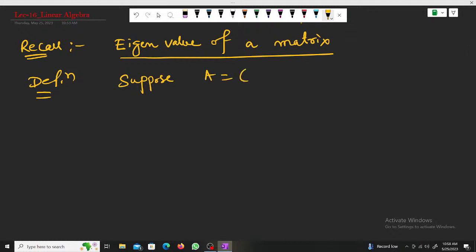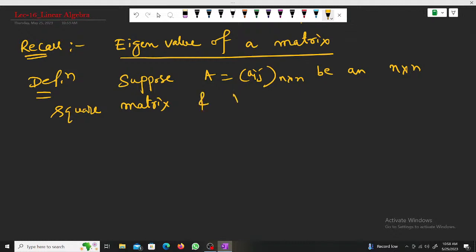A equal to aij, n by n matrix, and lambda be any scalar, either a real number or complex, then determinant of